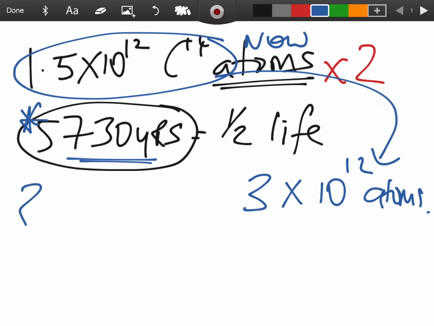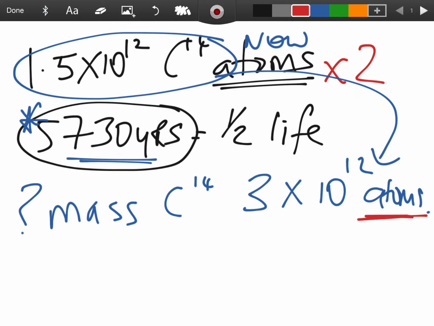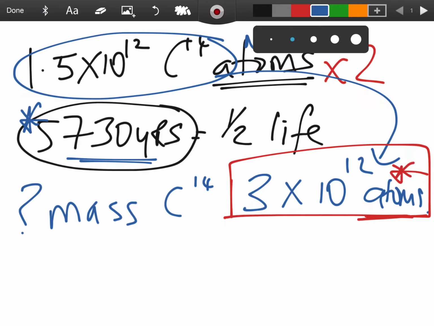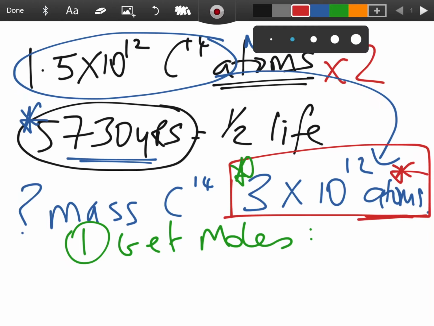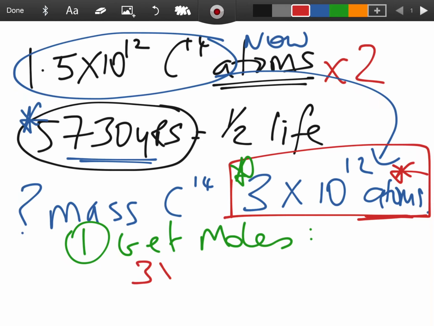Now, finally, they asked you what mass of carbon-14 this would contain. Now, at the moment you've got atoms, lads, okay? Atoms. And it was 5,730 years ago that they want you to do, so it's this number of atoms that you're dealing with. Now, you have atoms here. Always, always, always, your first step is to get moles. Now you're saying to yourself, I've got a formula for this, but which formula will you pick? Well, if you have number of atoms, then you divide that number of atoms by 6 by 10 to the